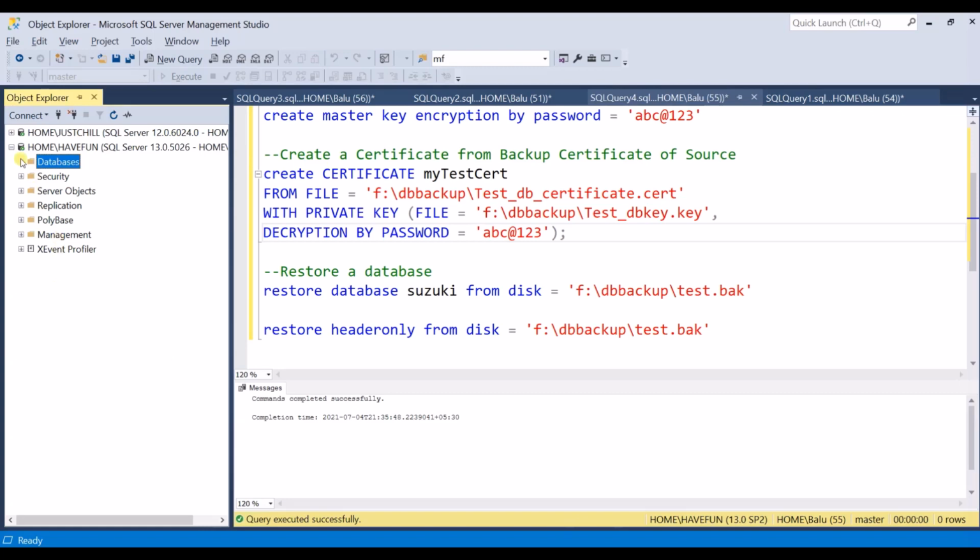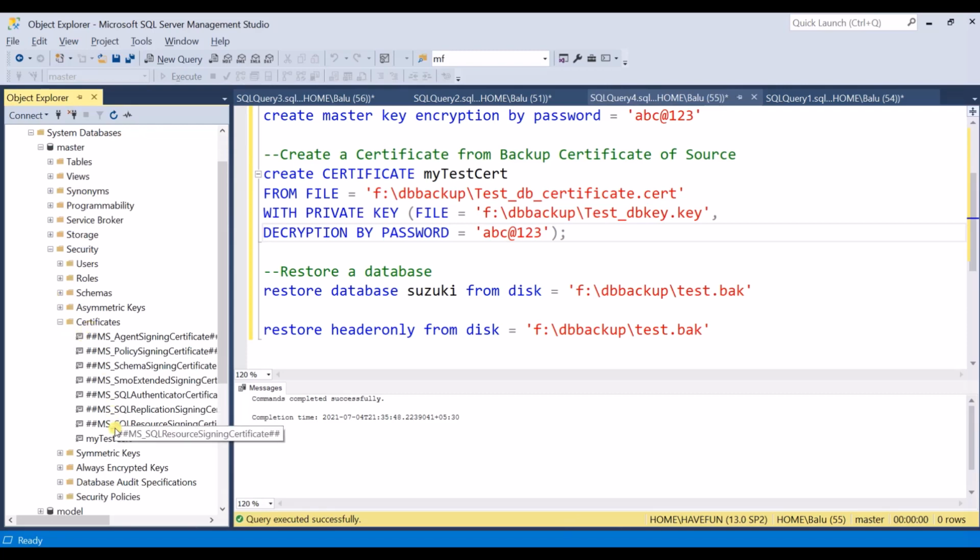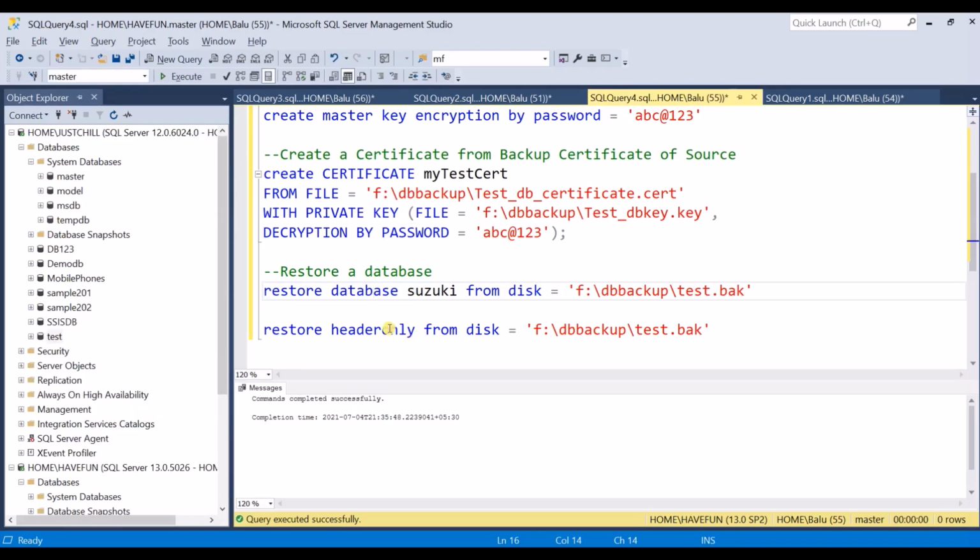You can also check the same here under master database, security, and then go to certificates. So your certificate has been successfully copied here from source to destination. Now we can go ahead and restore a database. So let me execute the script.